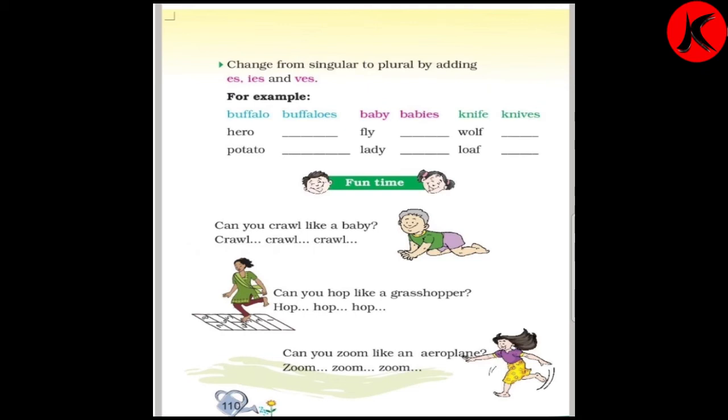Change from singular to plural by adding ES, IES and VES. Yes children, remember we had done singular and plural, right? So it is the same exercise. What we have to do? We have to look at the words in which ES has to be added, or IES or VES. So we'll look at the words and we'll write where it is necessary to add. Examples are given, two in different colors. First is